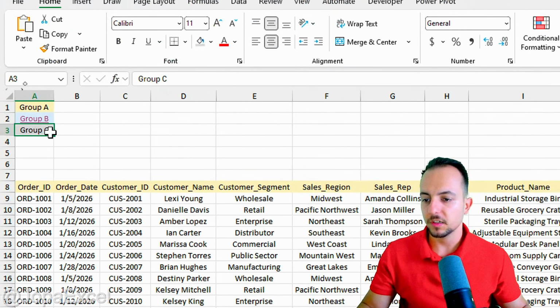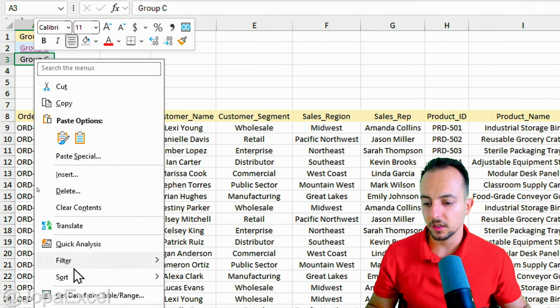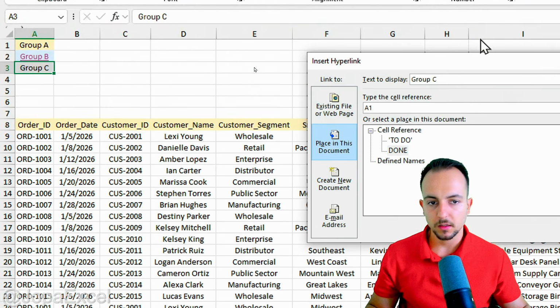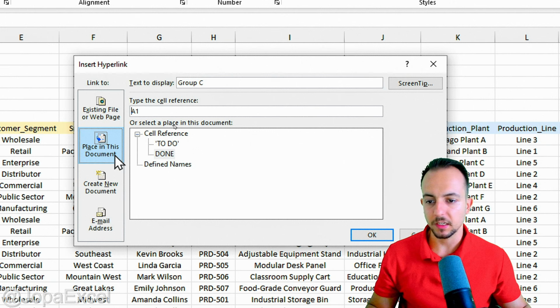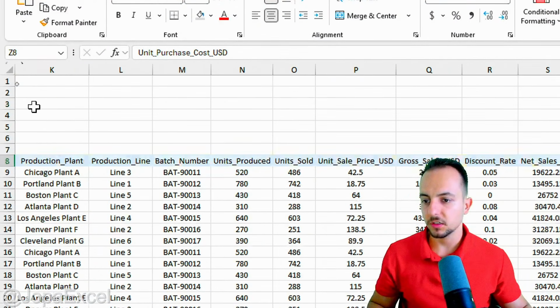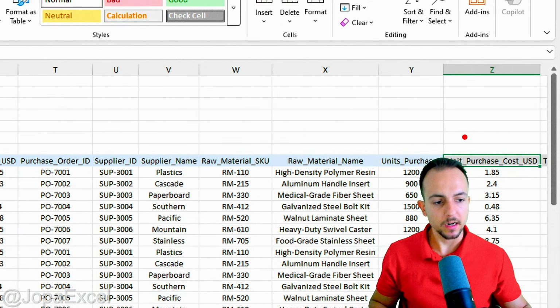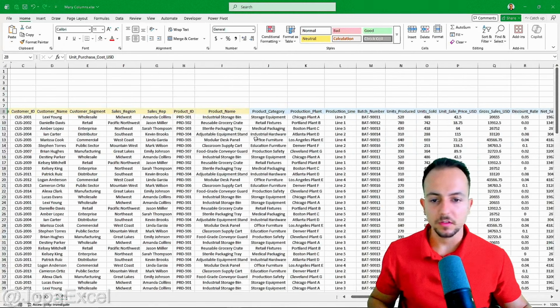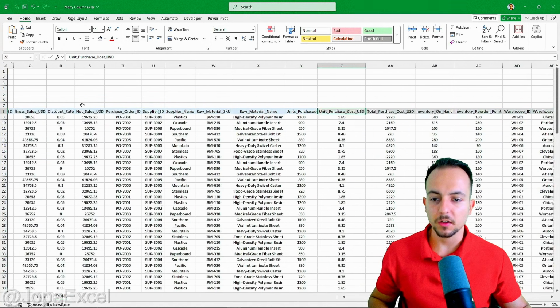And now let me do the same thing for group C, for example. Right click and link. I want to use the place in this document option. I want to use the done sheet, and the cell reference is going to be Z8, and then OK. If I click now on group C, automatically we are on Z8. So this is very easy to use. And on top of that,